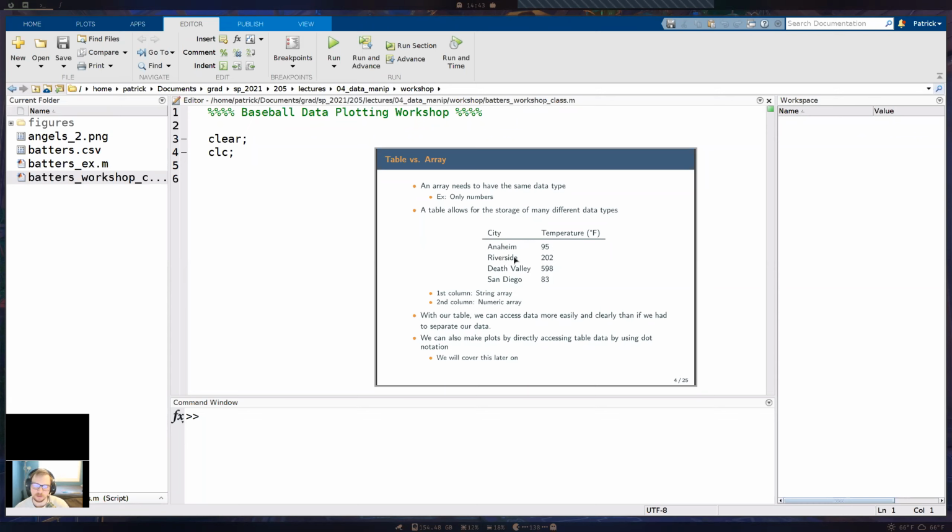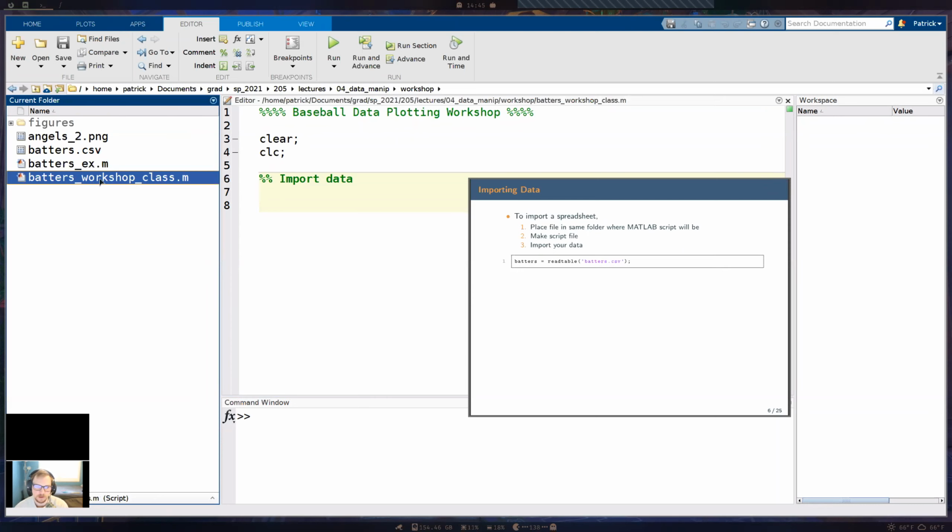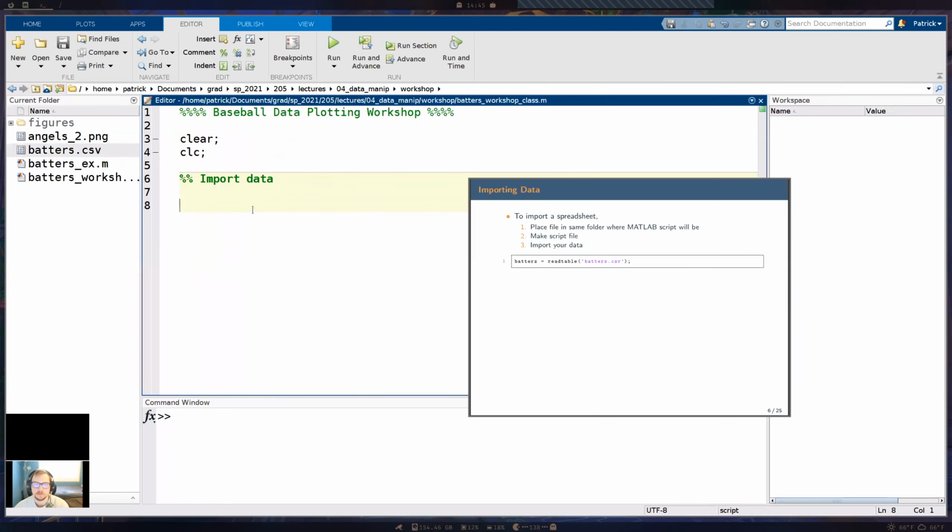So I want to reiterate, make sure that this script is in the same folder as the CSV file that you downloaded. You could also technically in Matlab specify the exact path in this line of code, but if you have a ton of directories, that would be a lot to type out.